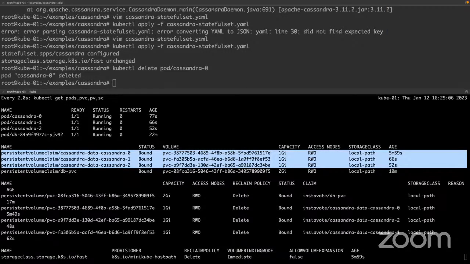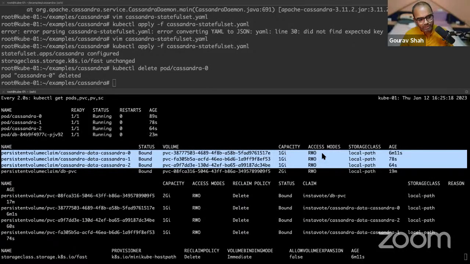I got a quick question there. How does it make sure that all the three volumes are in sync? Because if I update the database at the one, application level. So it doesn't have to be in sync in this case. In case of Cassandra, if you have a replication factor, every information will get replicated twice. So not everything is in sync. So it will happen at the application level. That's number one. So it has nothing to do with the way Kubernetes operates, and Kubernetes has no role to